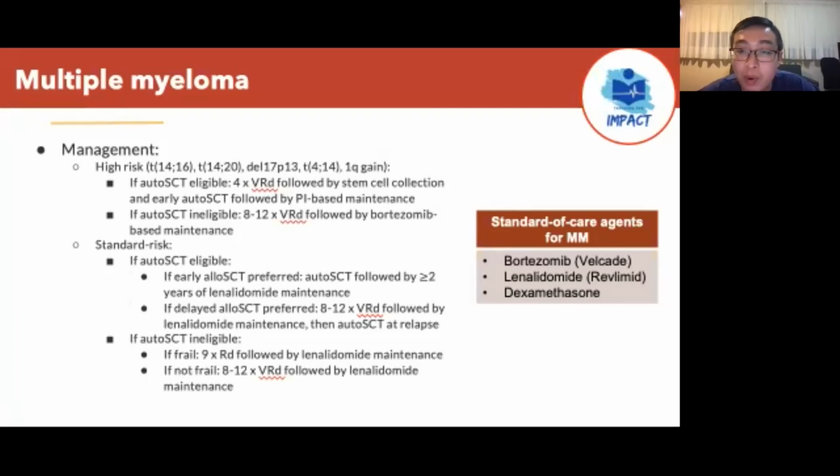Does anyone remember or know what bortezomib is? Like what class of agents it is and how it works? So bortezomib is a